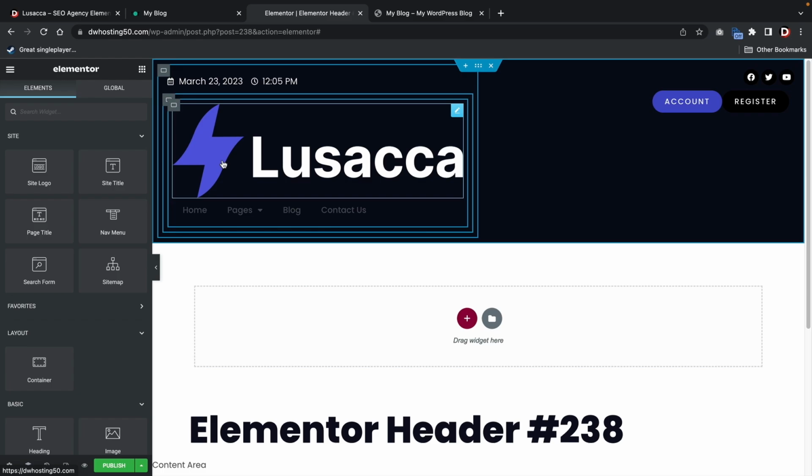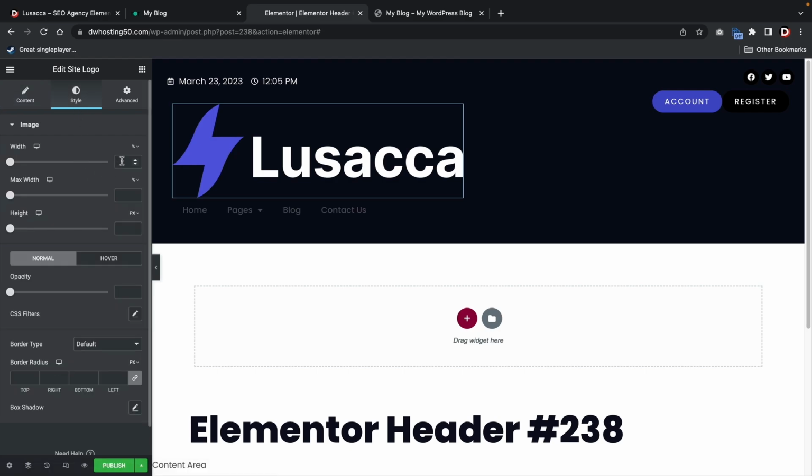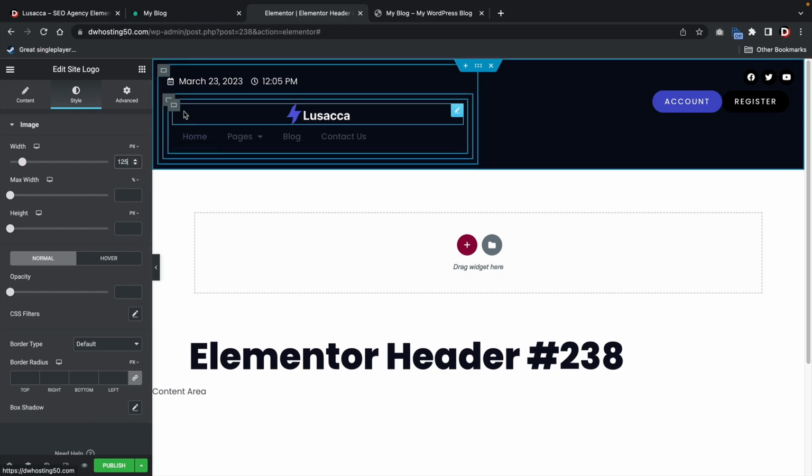Okay. And there's my logo. Now it's a little bit too big right here. So I'm first going to resize this logo. So under style, for the pixels, we're going to change this to 125 pixels, right? Now that I've entered that in right there, I now want to go ahead and control these elements inside of